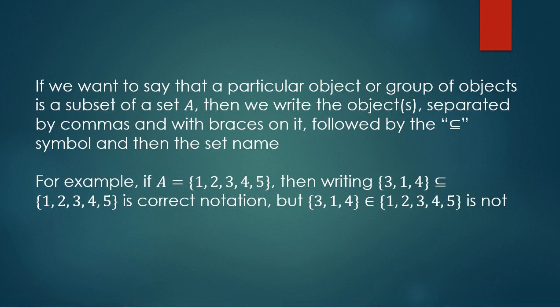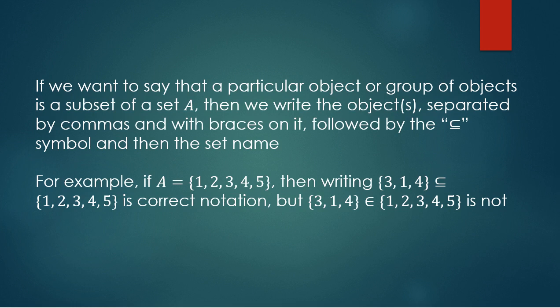So, same set, 1, 2, 3, 4, 5. If I take 3, 1, and 4, and I want to say that those 3 elements make a subset of my set A, I'm taking those 3 elements, separating those with commas, putting those inside of set brackets, and then I'm writing my subset symbol, and then 1, 2, 3, 4, 5. That would be correct notation, but putting the element symbol in place of the subset symbol would not be correct